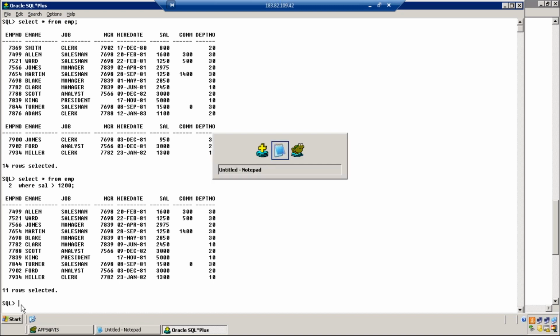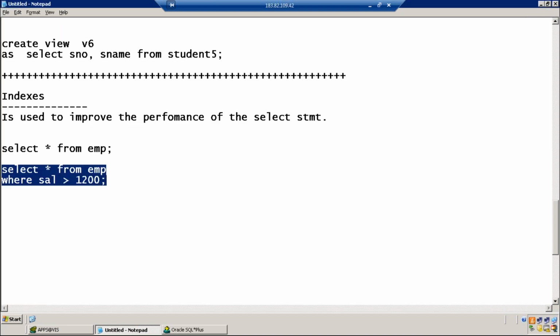Which query will run faster, first query or second query? Second one will be, because we have already filtered by giving the condition of greater than operator.